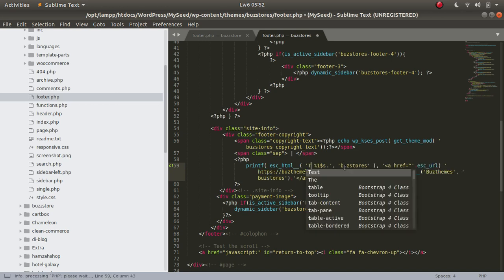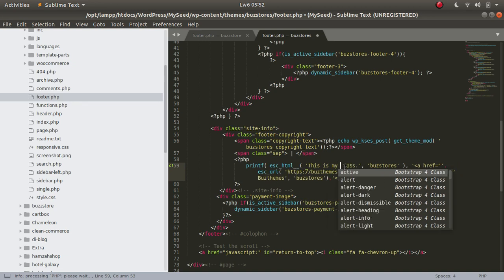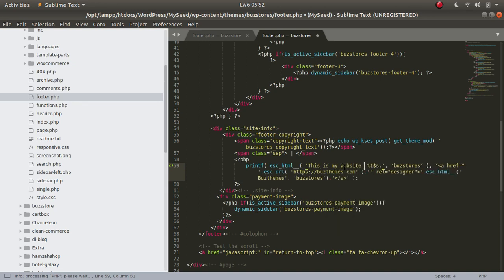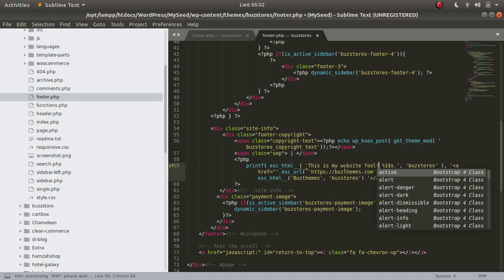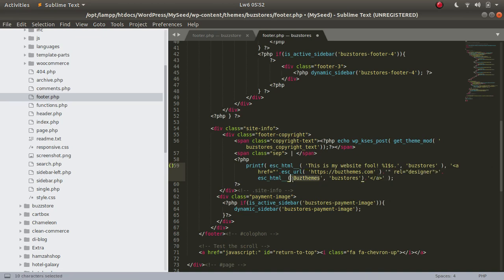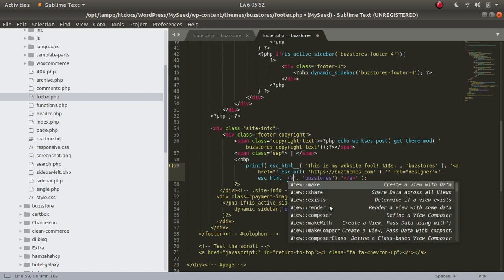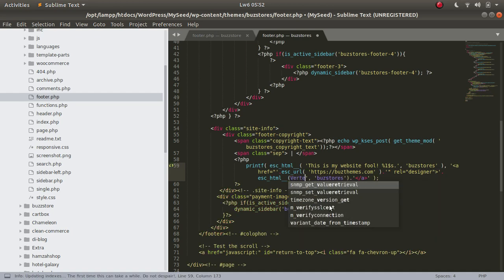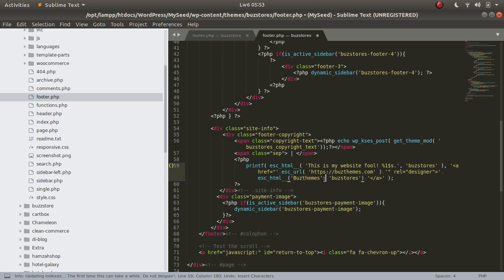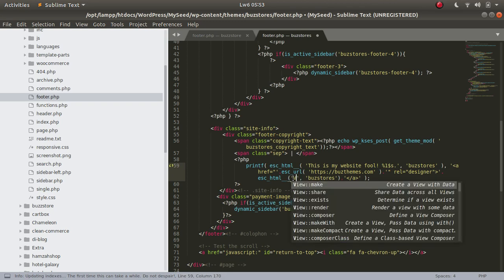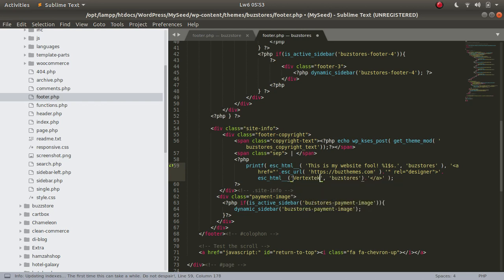Now I'm going to put "This is my website for" and I put my website name here as Vertex. Sorry, I don't need to remove this single quote because remember this is a string. If you don't know PHP, don't worry, this is nothing. Just edit the text and put what you want.